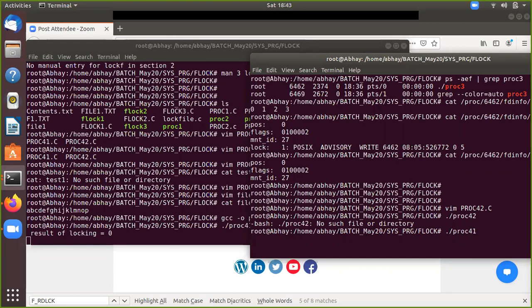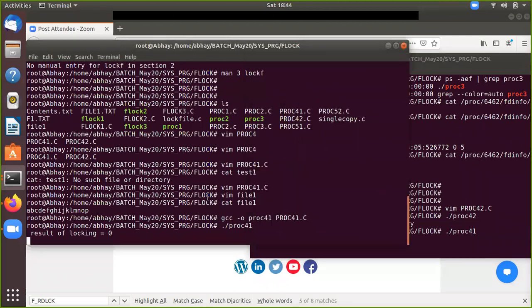It has not been locked. Why? Who is going to answer this? Because the file is waiting, it's waiting to get unlocked. Yes.